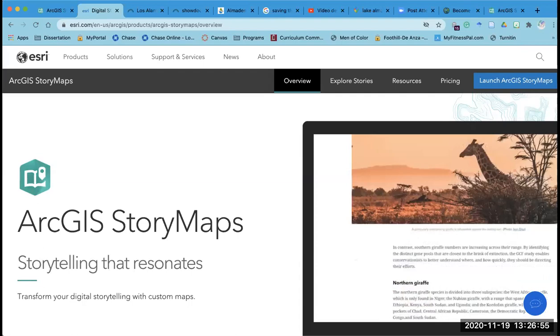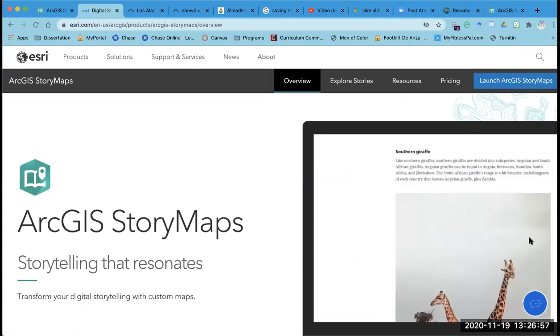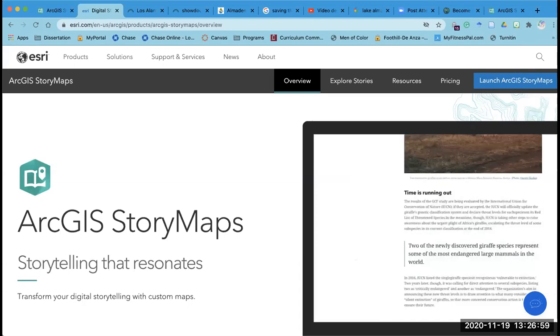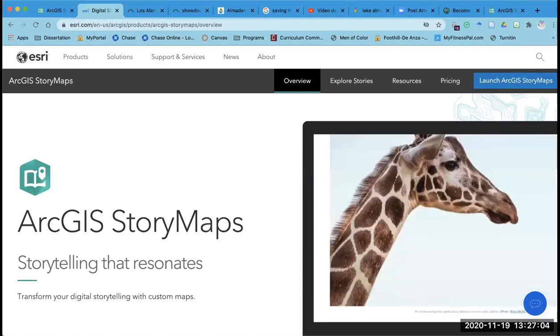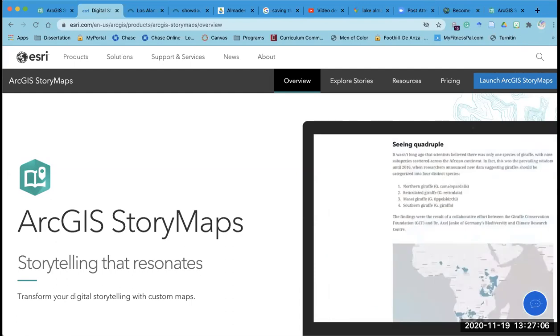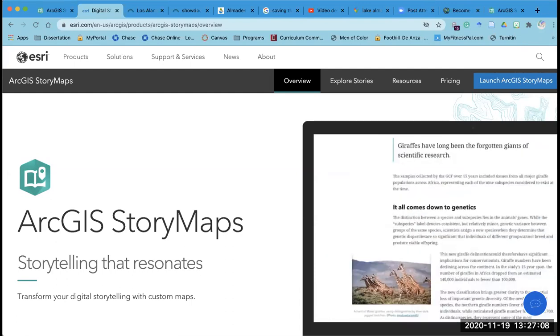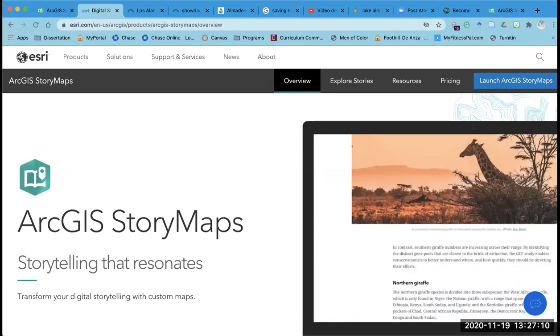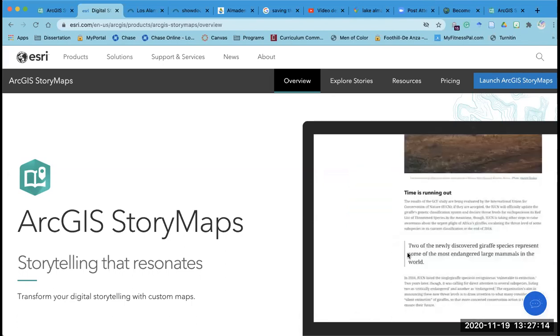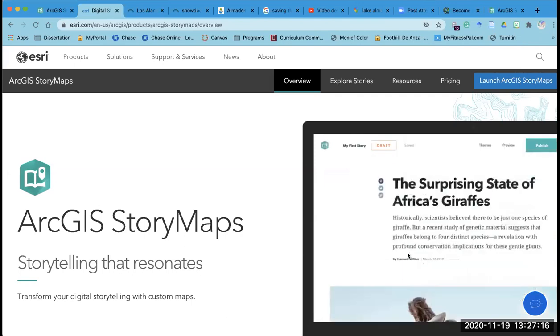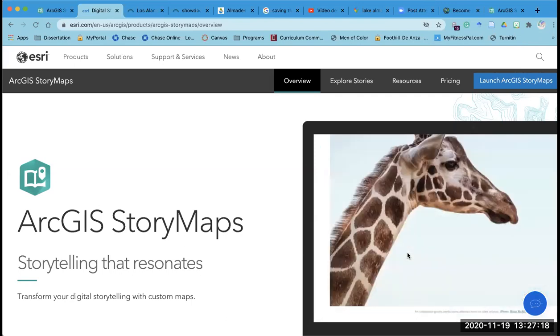Okay, I am going to give you a quick, short tutorial on ArcGIS story maps and how to make one, a simple one, using an example. I am on the ESRI, that's the Environmental Science Research Institute webpage for story maps.